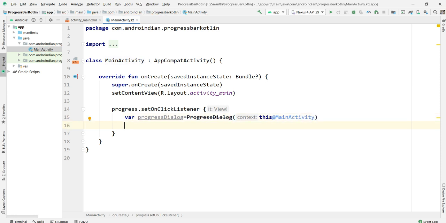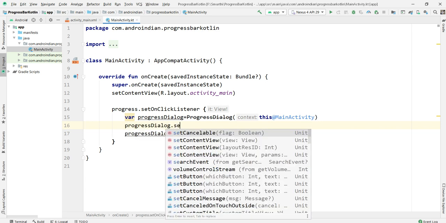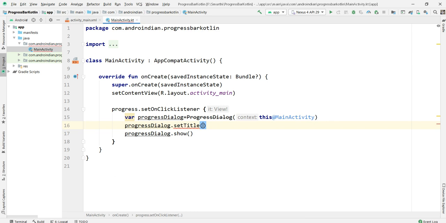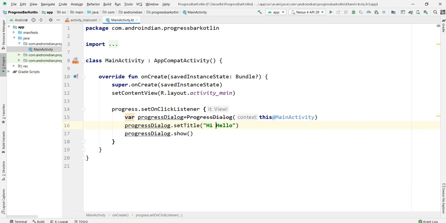Whenever you are creating any dialog, the mandatory thing is dot show. Either in Kotlin or anywhere, it should be this. Now for this, we need to give the title and all. So I'm setting progress dialog dot set title, hello.